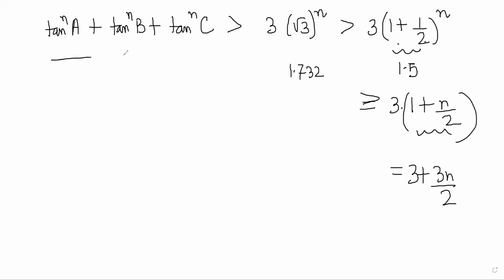And we have basically established the set of inequalities here. Tan power n A, the sum of these three terms is greater than this, right? So basically, we are repeatedly using AM-GM, and we are also using the identity that cot A cot B plus cot B cot C plus cot C cot A, the product of them two at a time, is equal to 1 for any triangle, right? Okay. The next problem is basically